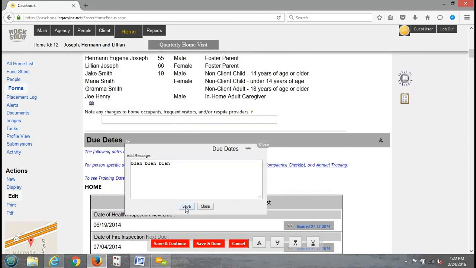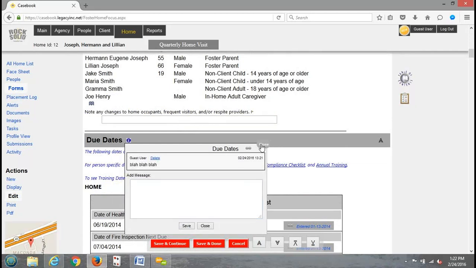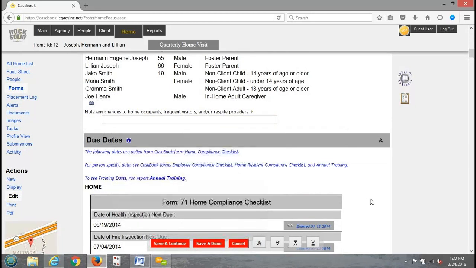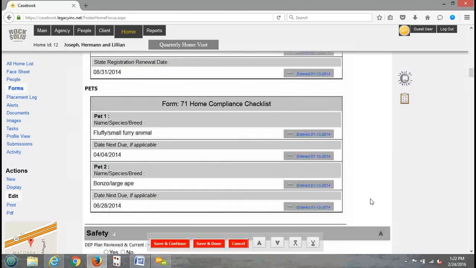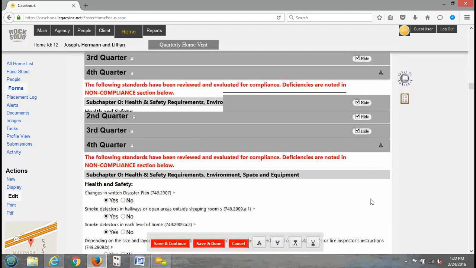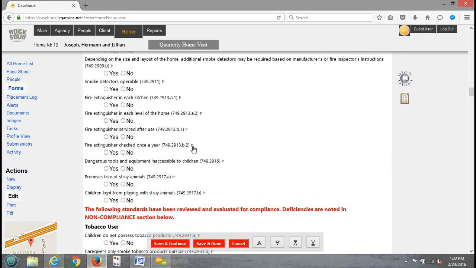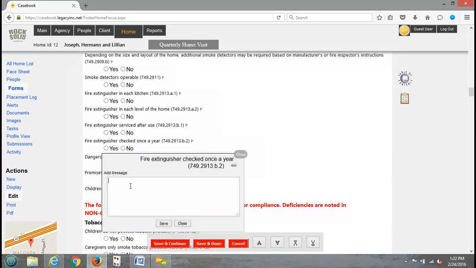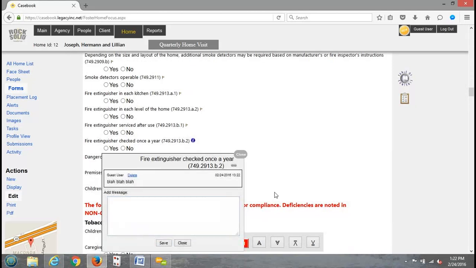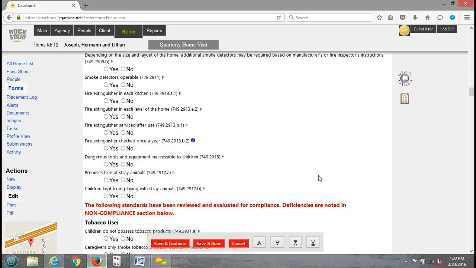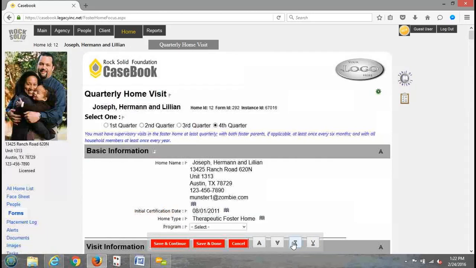And we can save another note. And we can go down to, let's say, one of our compliance fields, and we can put another note, and we can save that as well. So now we've got multiple notes in this form. So I'm going to shoot back up to the top, but I need to do one more thing, and I